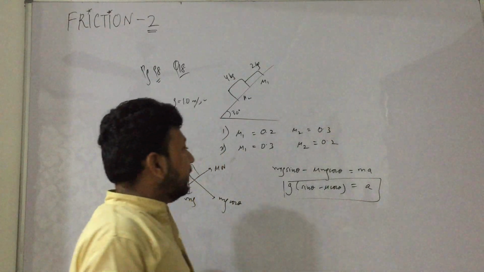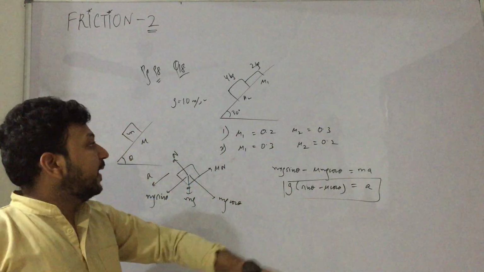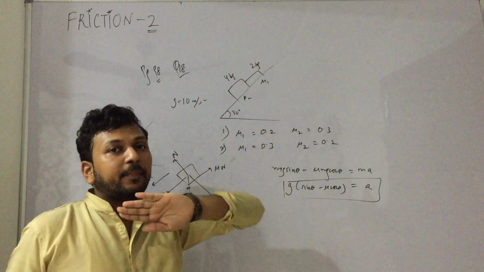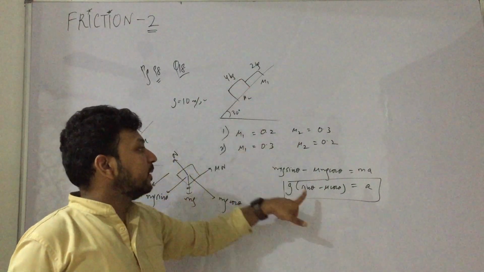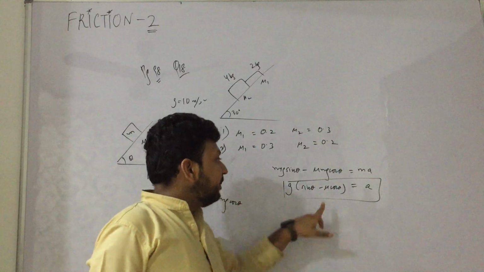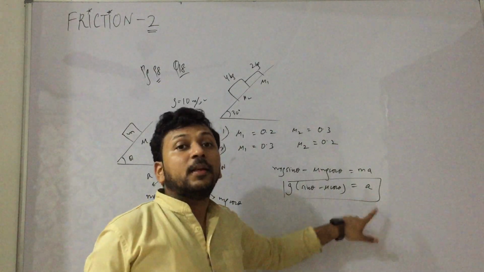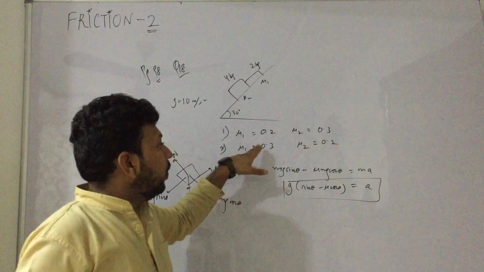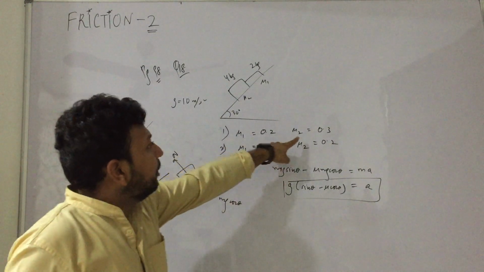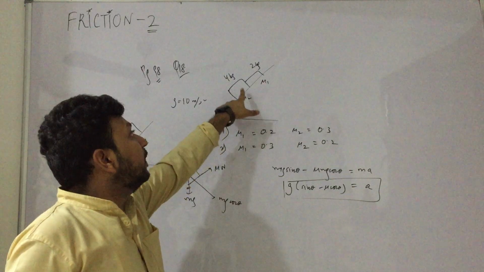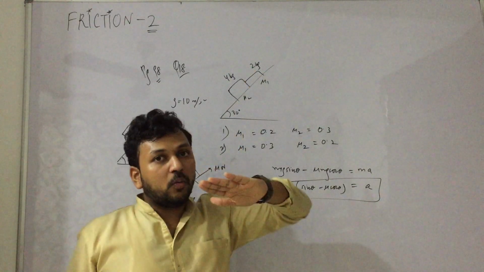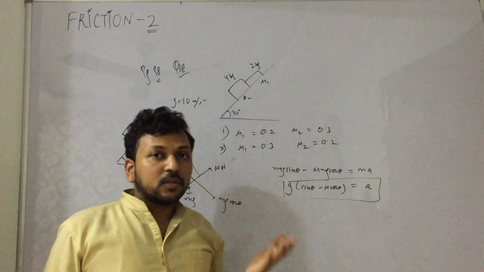Now let us understand, it does not depend upon mass. That means acceleration of both the blocks does not depend upon mass. For both the masses, g is same. For both the masses, theta is same. Now tell me, if mu is more, then acceleration is less. So in the first case, mu2 is more. Mu2 is more, that means it is trying to come slow and the other is trying to come faster.